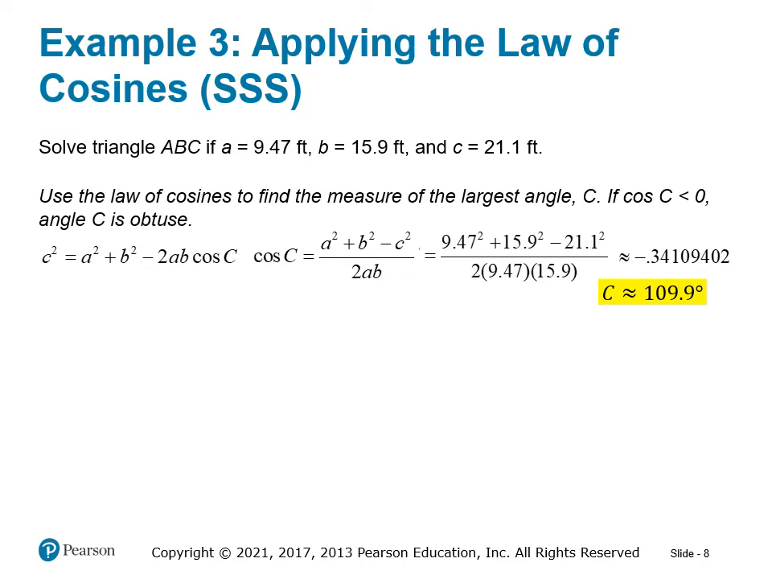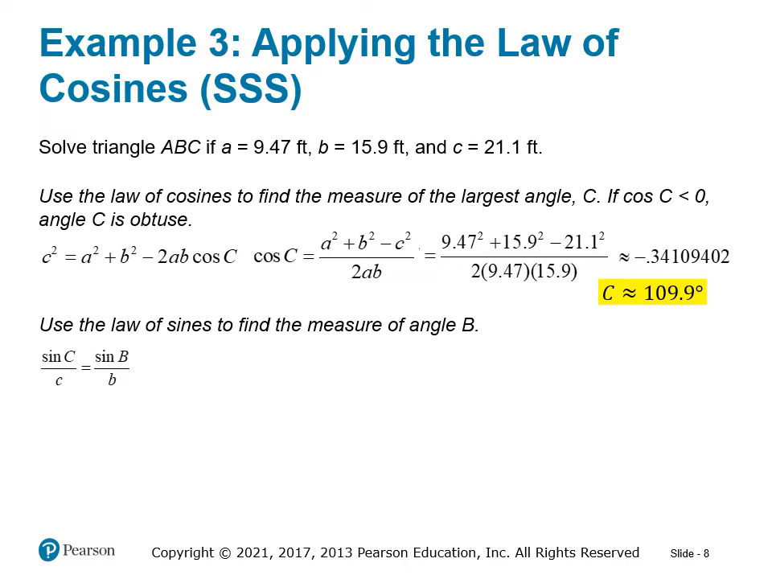I can use the law of sines to find the next one, and it really doesn't matter which one. Here we're going to go ahead and find angle B. We know that the other two angles have to be acute because the largest angle is obtuse. Sine of C, again, since we're looking for the angle, we put the sines on top and the sides below. We plug in the values, we do our multiplication, and then we take the inverse sine, and we get 45.1